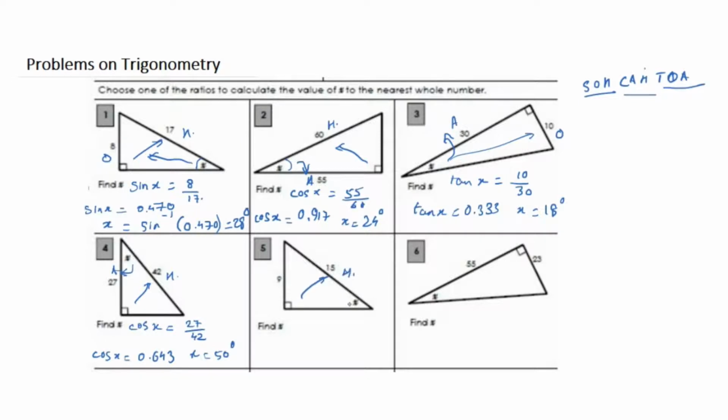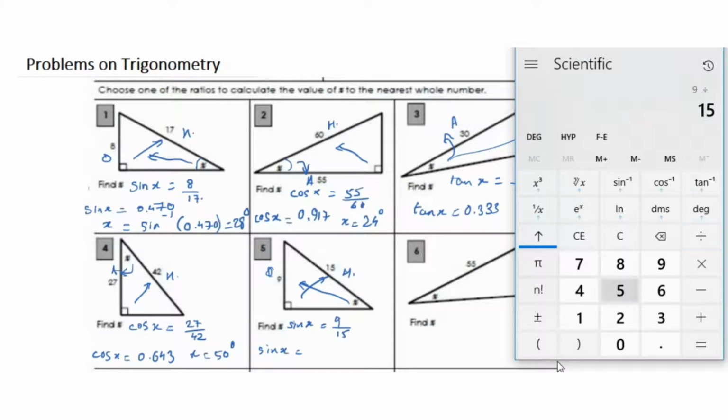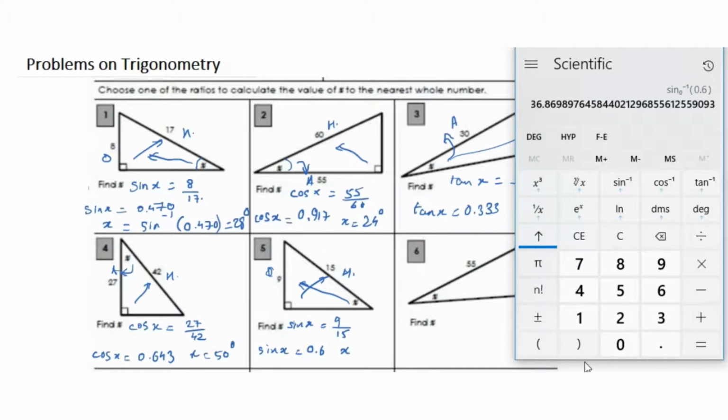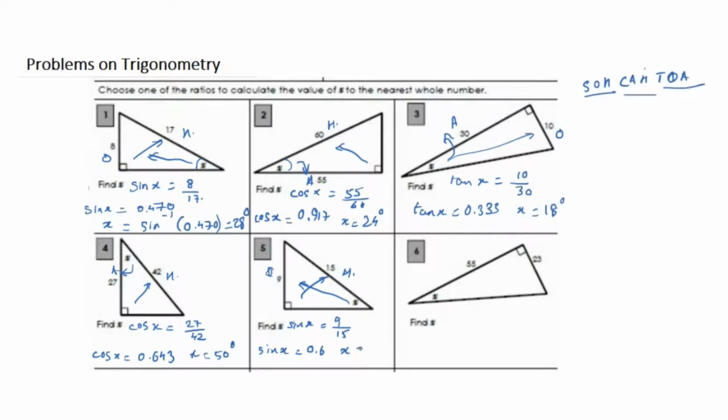Here we are given the hypotenuse, which is the side opposite to the right angle, and the opposite to the angle given x. So opposite and hypotenuse, that gives us sine. So sine of x is going to be opposite, which is 9, over the hypotenuse, which is 15. So we can say that sine of x will be equal to 9 over 15. So 9 divided by 15, that's going to be 0.6. And therefore x will be sine inverse of 0.6. So I just click on sine inverse and I get 36.86, or I can say that x is equal to